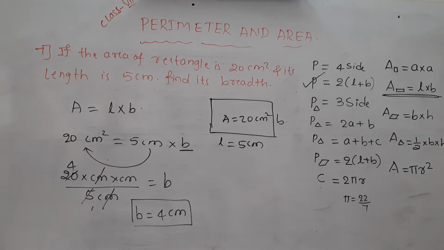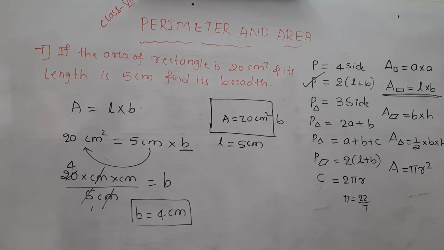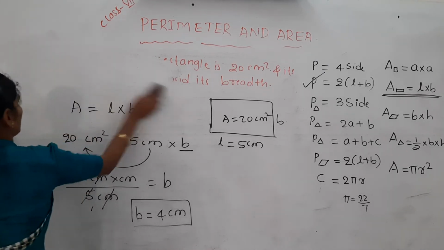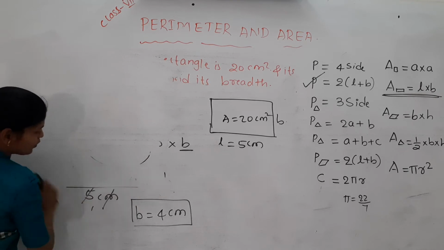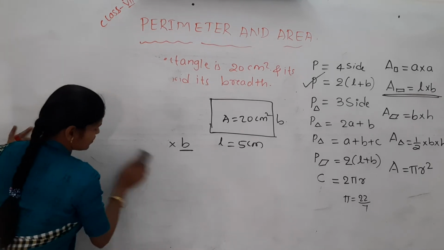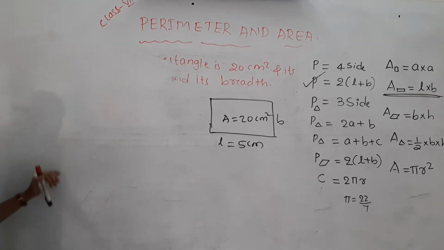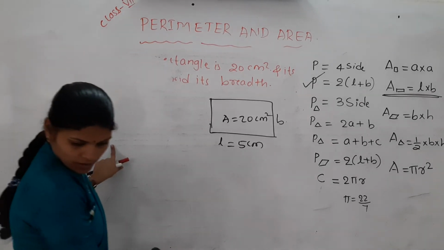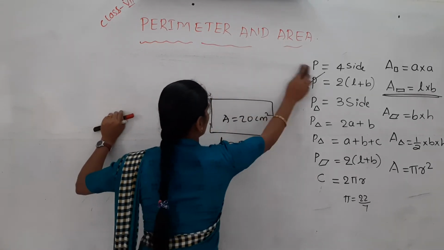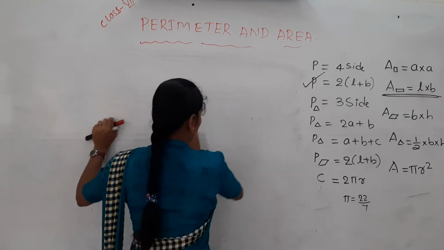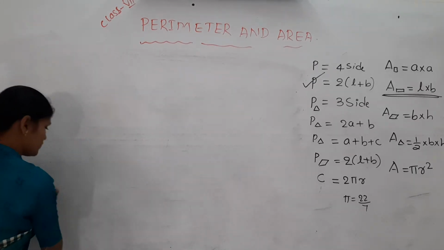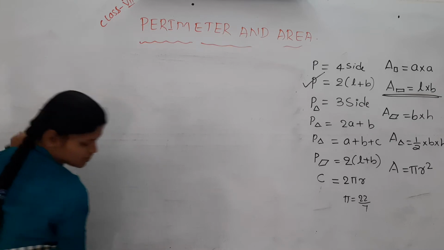Yes. Now let's see some of the exercise problems based on the length, perimeter and area of a rectangle as well as a square. Okay. Just take the exercise 11.2, page number 208. What is the first question here? Let's take it here.